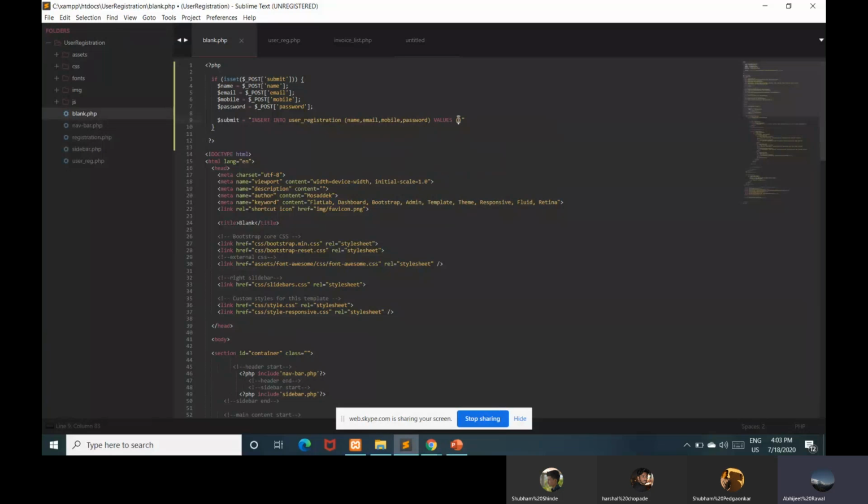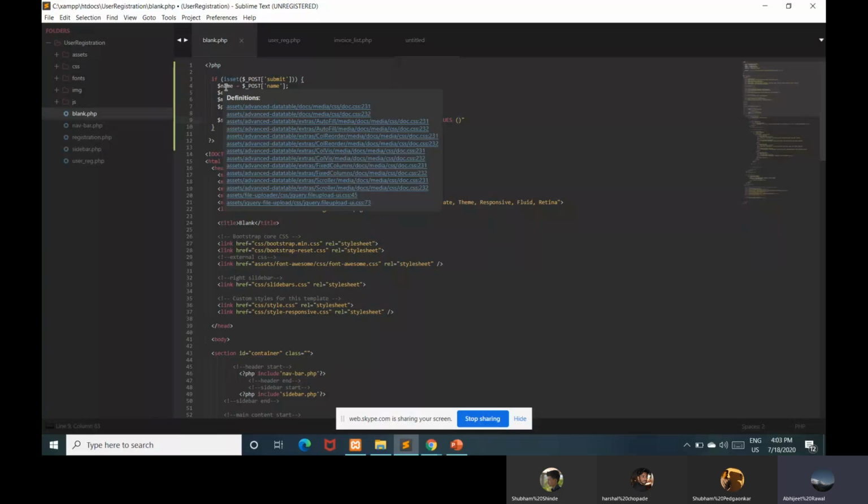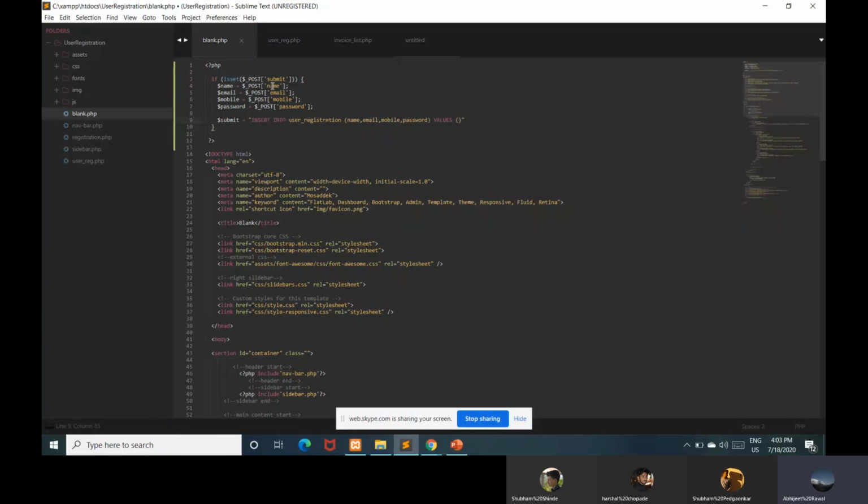On the other side we are going to assign the variables which we have assigned already, the values to the variables. We are going to assign all that variables, that is dollar name, dollar email, dollar mobile, and dollar password. How we are going to assign it is, we are going to use single quote, then the variable name,